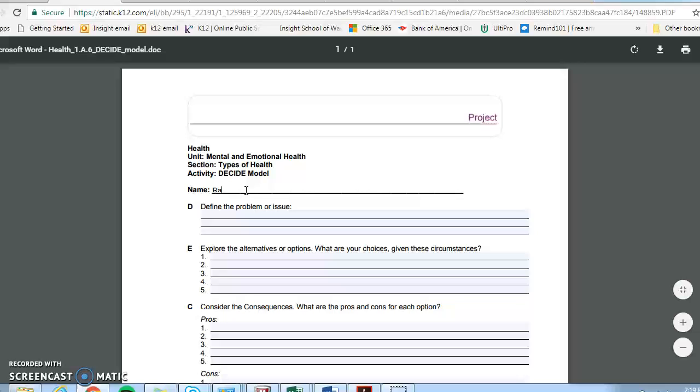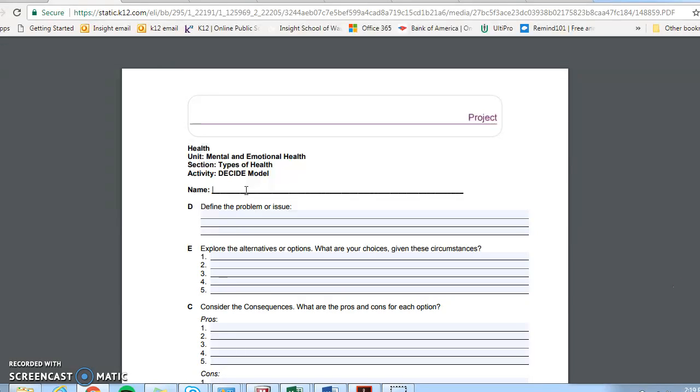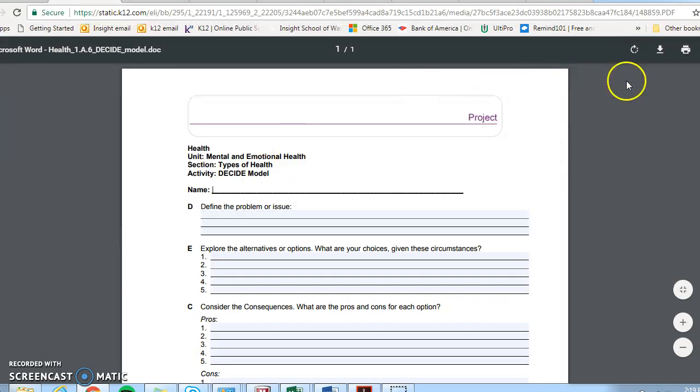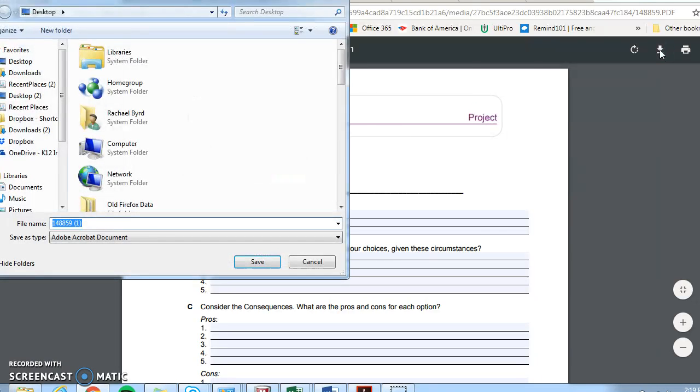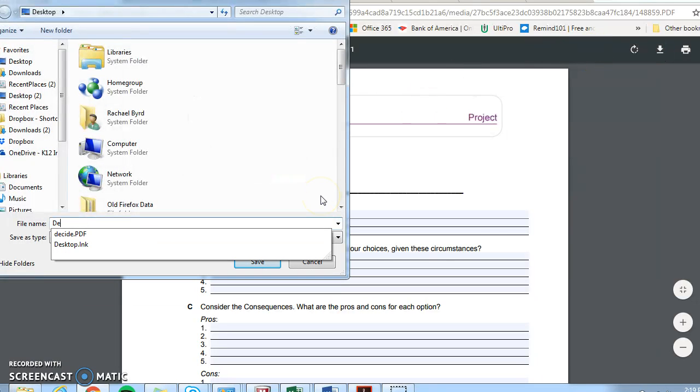So I would encourage everyone, unless you know how to transfer your PDF to a Word document, which not every computer can do. Some of you might have to pay money to do that. So don't worry about doing that. I just want you to save. So click this little download button here. Download and save your blank worksheet